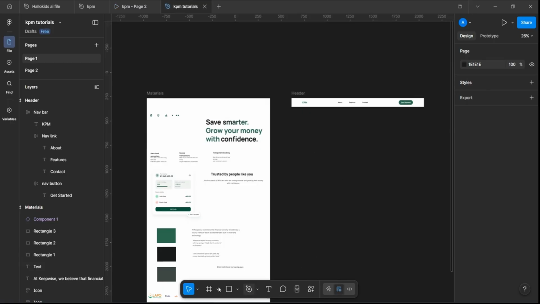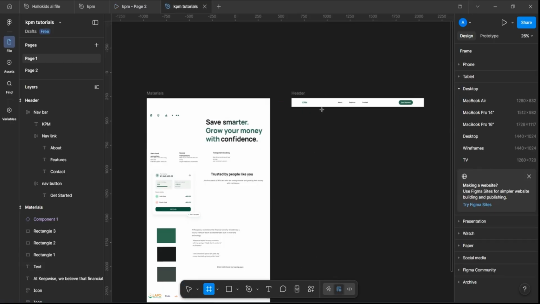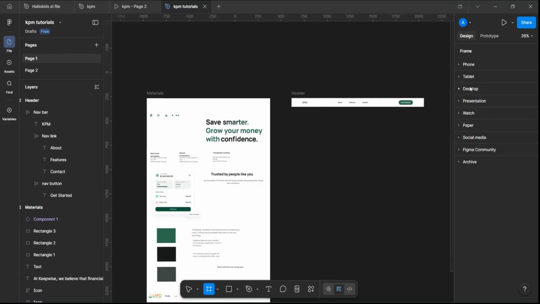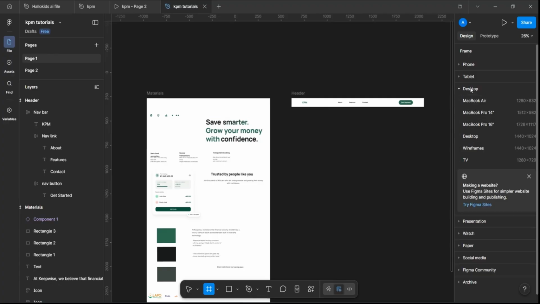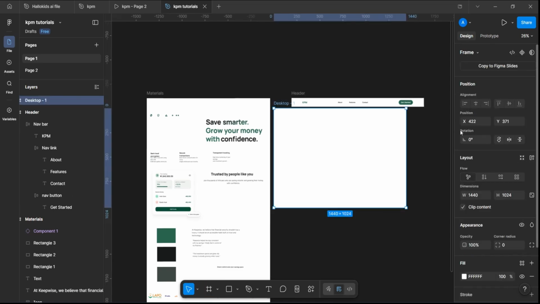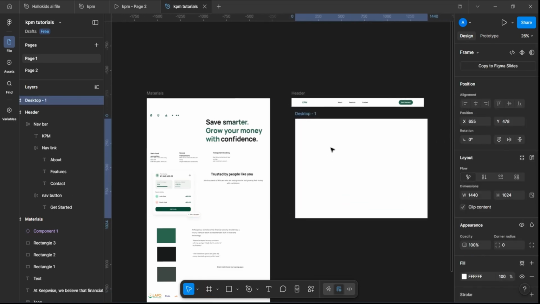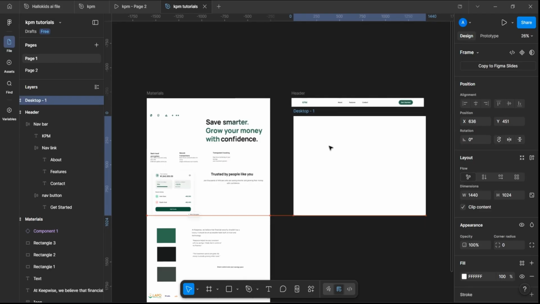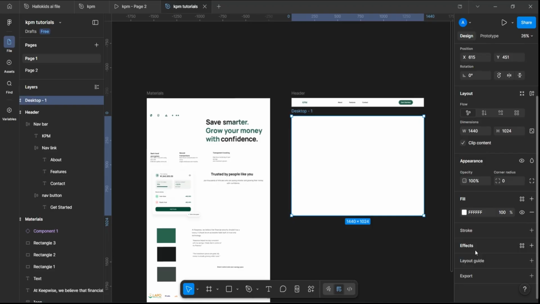Now we need to add a frame. Come here, go to desktop, go to select a screen frame, drag it here. At this point, remember we are designing bit by bit. We want to design each of the sections and bring them together. First thing, you need to have your layout guide, so I'm going to add my layout guide